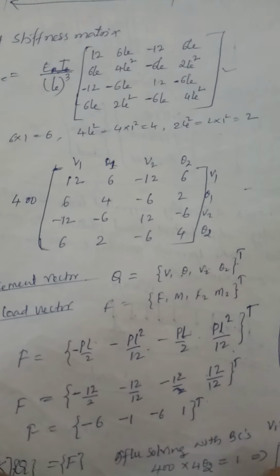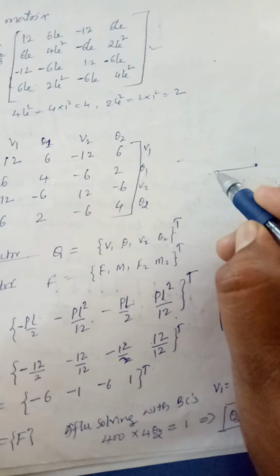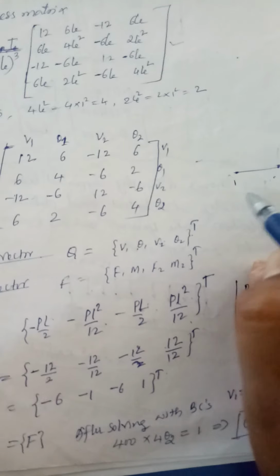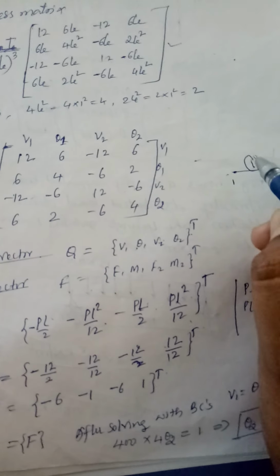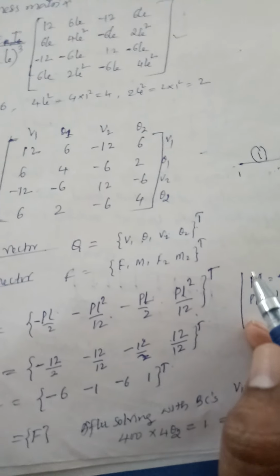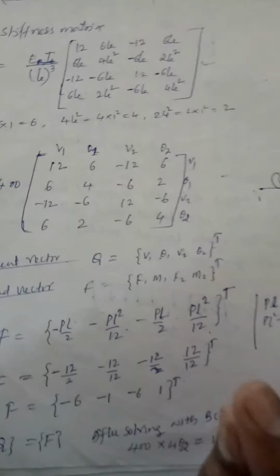This is fixed for any one element having two nodes, so nodes 1 and 2 are there. For this beam element,